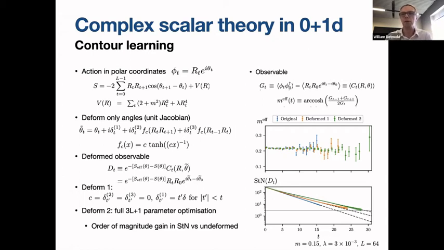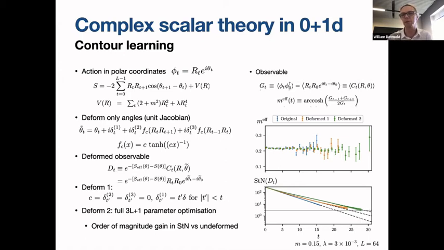So we can look at the signal to noise for the 2-point function G, and this is shown in the bottom right. We've chosen some particular parameters; they don't matter. The blue corresponds to the original signal to noise; it's falling off exponentially. The orange corresponds to this first deformation, which is the 1-parameter deformation, where we can really do this by hand. And then the green corresponds to the second deformation, where there's a 3L plus 1 parameter optimization that we need